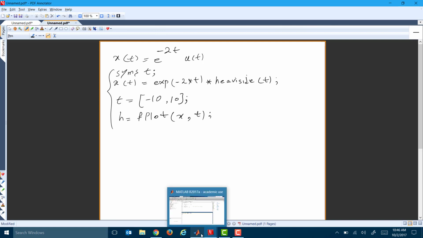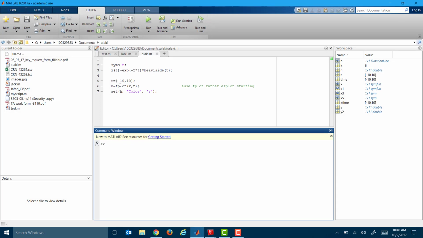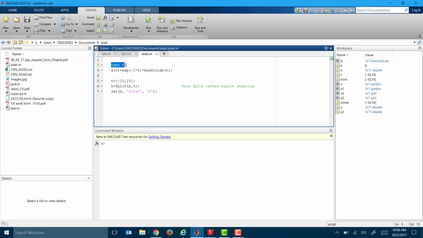So I have already written these 4 lines in MATLAB. So you can see these 4 lines. The symbolic toolbox has been defined here. Then the function has been defined here. Then the range is defined in this line, and this is the way I use the fplot. I have used one extra command, which is setting the edge color for the plot to red. If you have multiple plots, you want to plot them in a different color, so this line is going to set the color every time you use the fplot. So if I run this command,